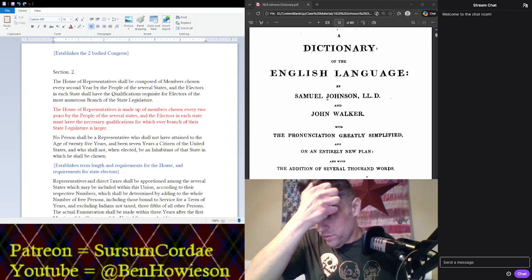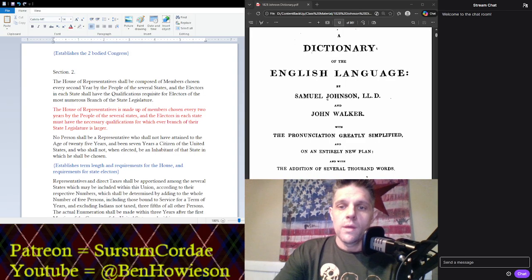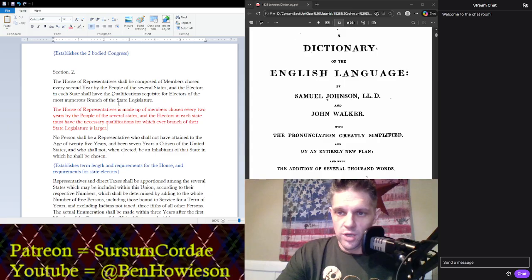Okay, so let's go through that one again. The House of Representatives shall be composed of members chosen every second year by the people of the several states, and the electors in each state shall have qualifications requisite for electors of the most numerous branch of the state legislature. So, because the nation started so small,